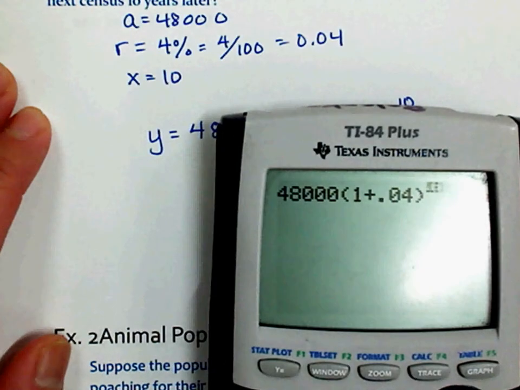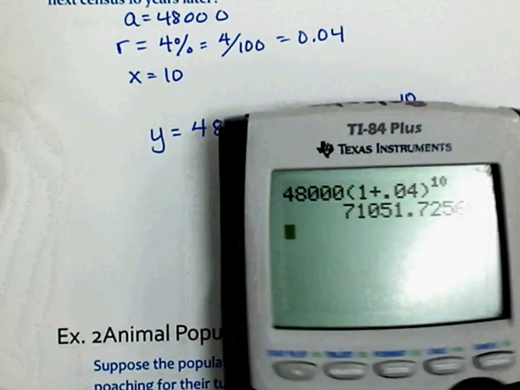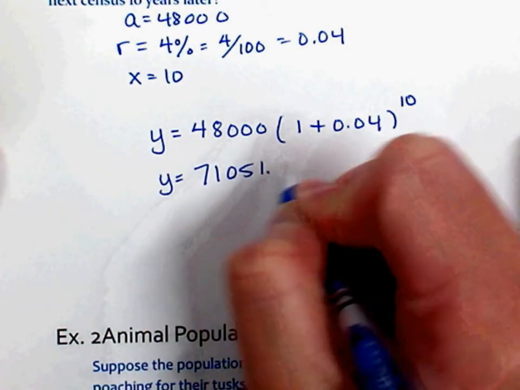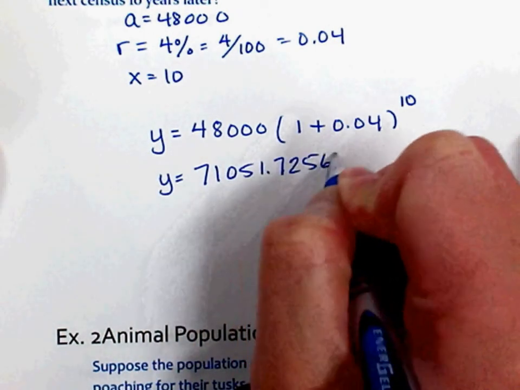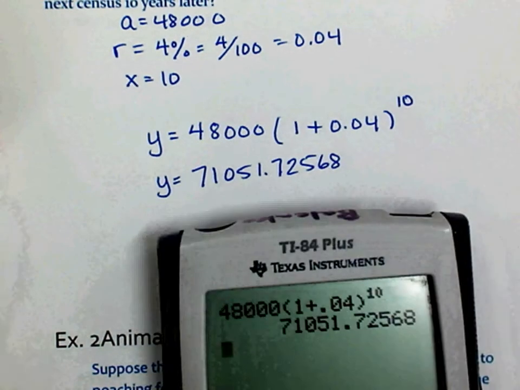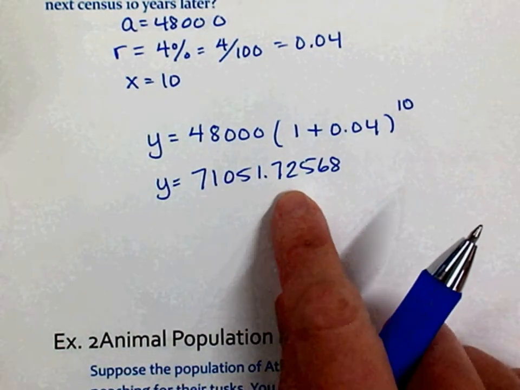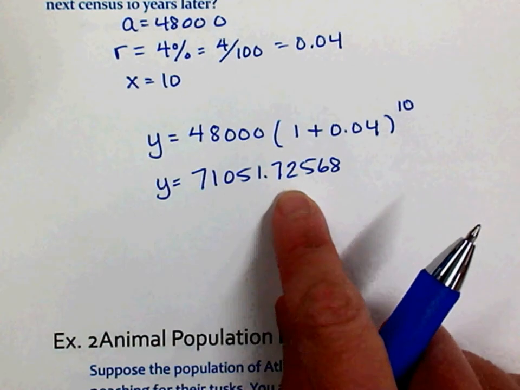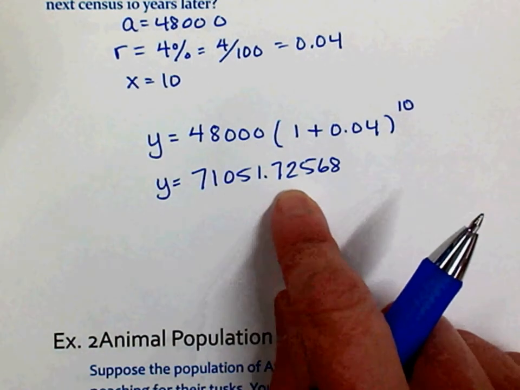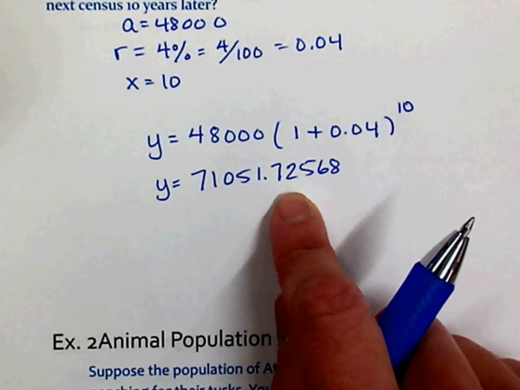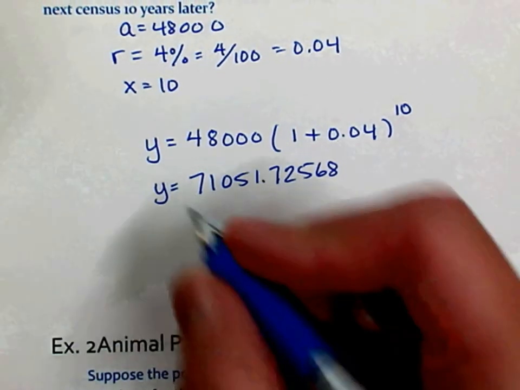So how many people do they expect in 10 years? So y is equal to 71051.72568. All right, I'm going to get you guys for this if you don't read carefully. It says, what do you expect the population? So we're talking about the number of people. Can you have 0.72568 people? I don't care if they only have the top half of their body, okay? Can you have that? They're still one whole person. So your answer is